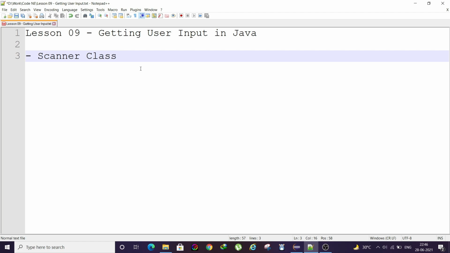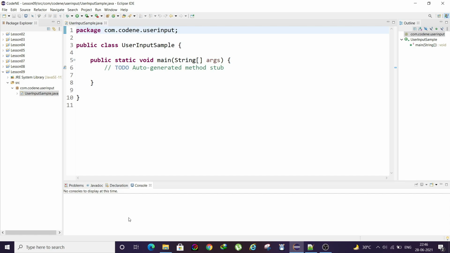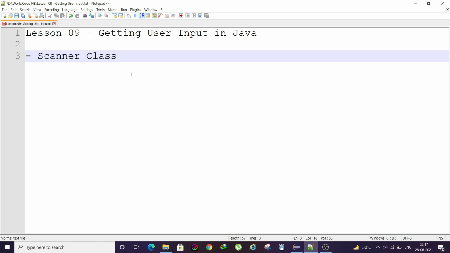So in our core Java for beginners class, we are going to learn how we can take some basic input from the user in our console itself, like the Eclipse console. From there, we can take some input from the user and use it to display output or perform some arithmetic operation or anything. To start with that, we need to first understand what the Scanner class is.